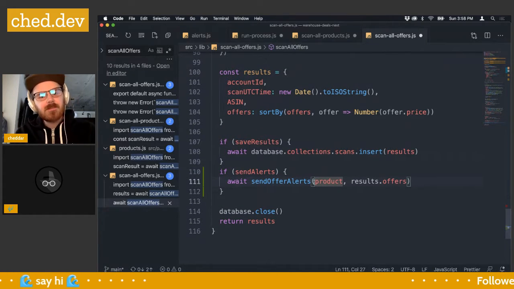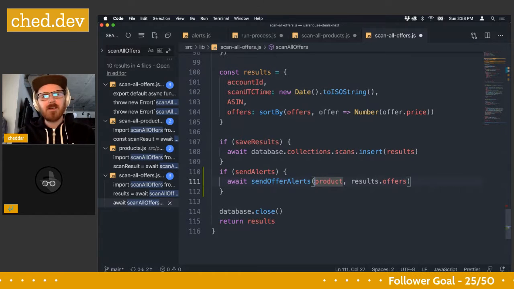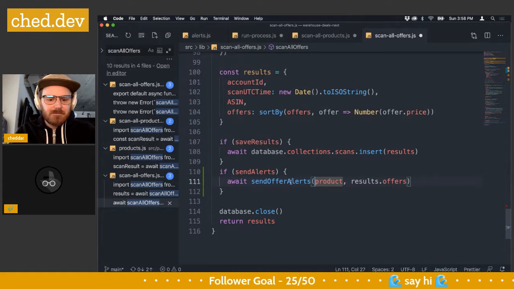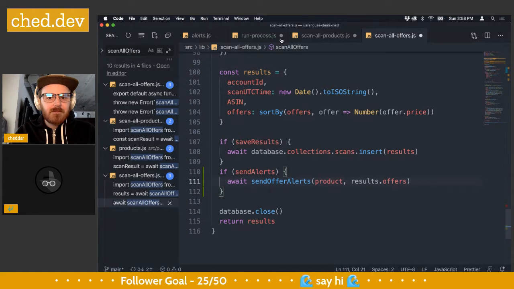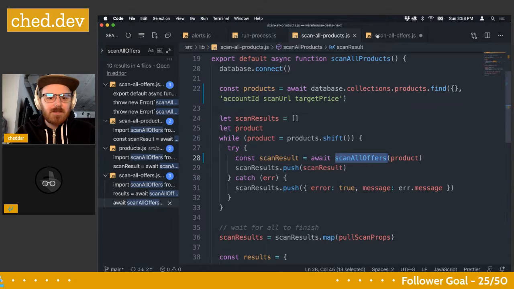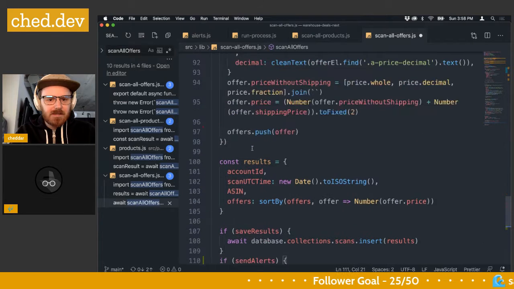This could fail. I'm going to go with a happy path right now and just assume it won't. How about that? So that's updated, that's updated, that's updated. And what I want to do to kind of test this,